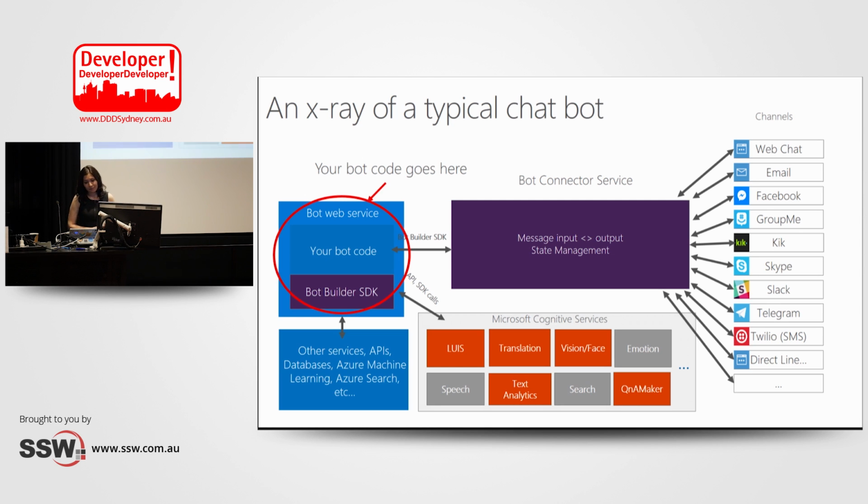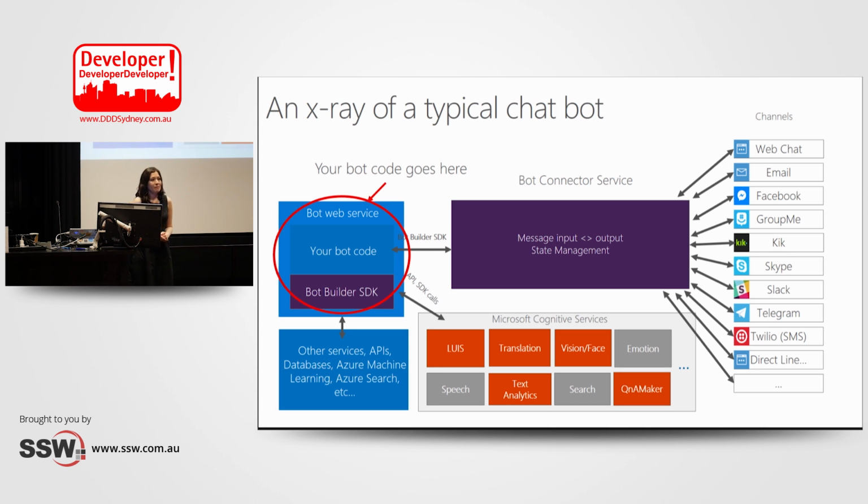Let's see how a typical chatbot that has been built by Microsoft Bot Framework looks like. As you saw earlier in my failure test, your code will be inside the web service, and it will be integrated with Bot Builder SDK. Similar to any normal web API, you can connect to databases, third-party APIs, and do your functional code. Bot Builder SDK facilitates and has some built-in functionality that you can connect to a few Microsoft Cognitive Services like LUIS, QnA Maker, and you can do the API call to any of them.